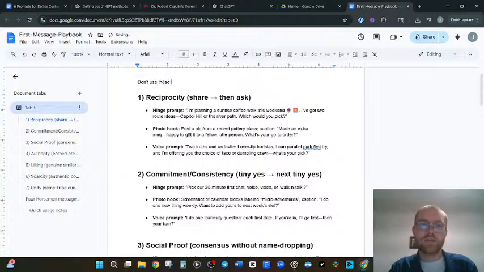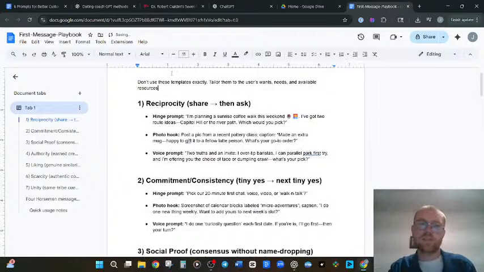Use these templates exactly. Tailor them to the user's wants, needs, and available resources.